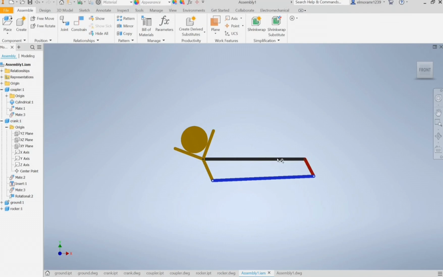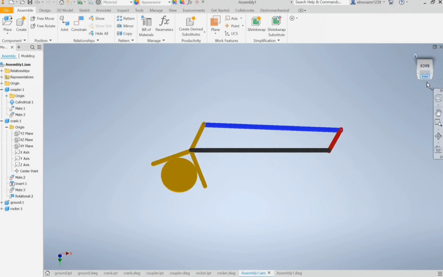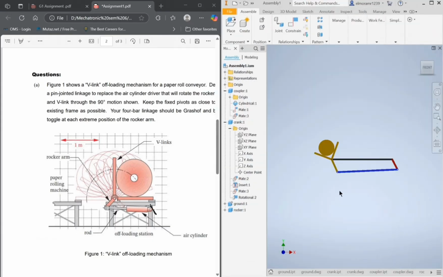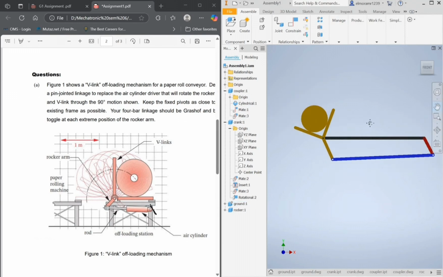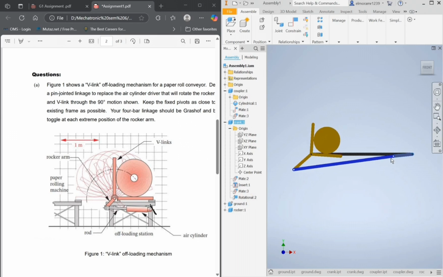Originally, in the assembly, the ground, the black one, was downward, but I will make it upward so I can compare relative to the question. Now, if I open the question, okay. Now, if I rotate this crank to be at the first toggle position, where the crank is aligned to the ground, this is the first position of the rocker, and also the V-link which is attached to the rocker,